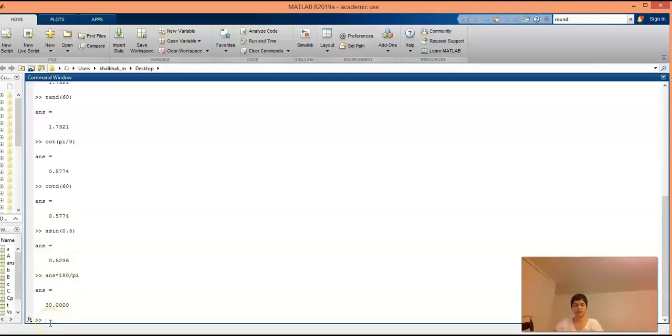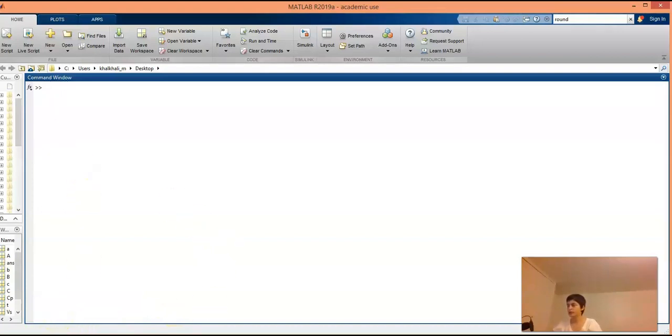Now if I type a sine d 0.5, enter, here I get 30 degrees. And here I converted my units from radians to degrees, but here I don't need to convert the units because I already have the angle in degrees. Now as an example, if I type CLC here to clear the command window,